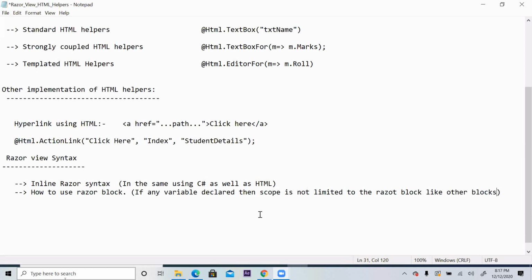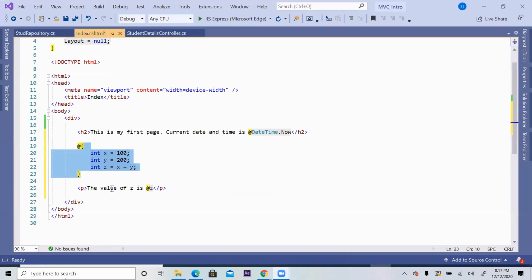It will not be limited in scope, it will be outside the scope also. This is the razor block and how to use it.